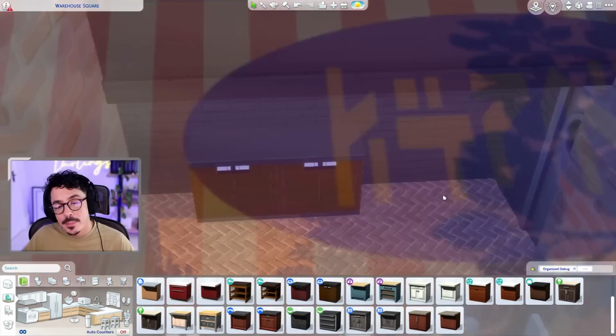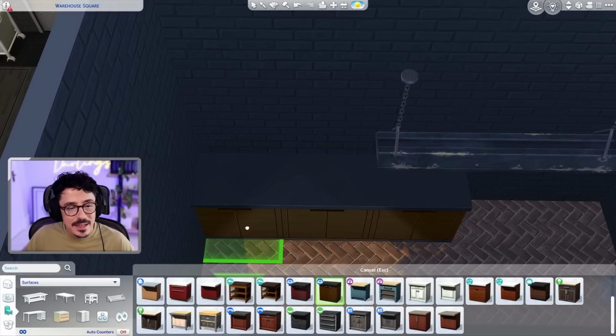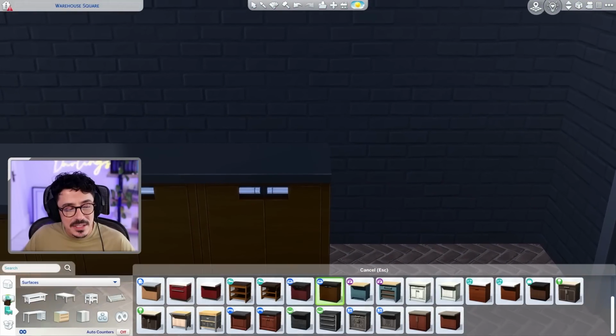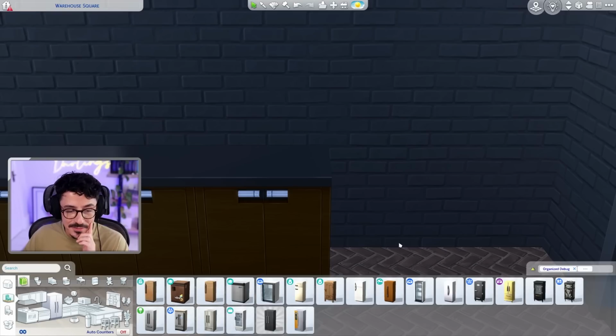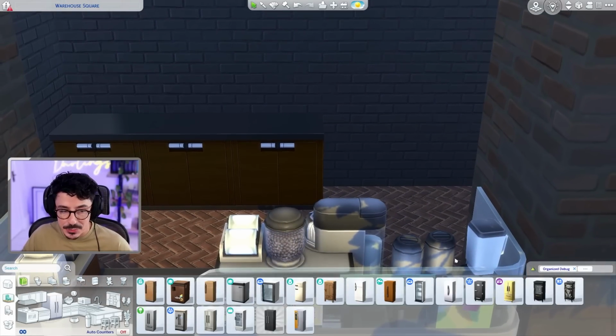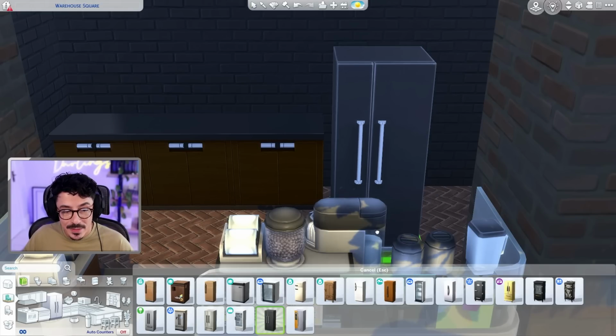Okay. Yeah. A couple of fridges here. Oh, but you know what? The best fridge would be that custom content one from Little Deca. I absolutely love it, but obviously it's custom content. We can't use it. So in that case, it needs to be something semi...